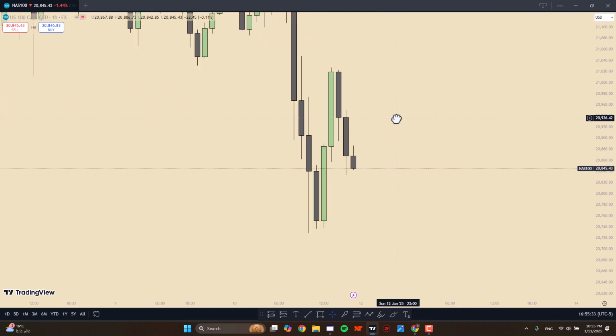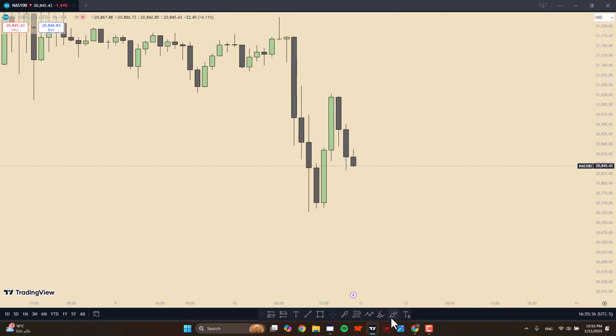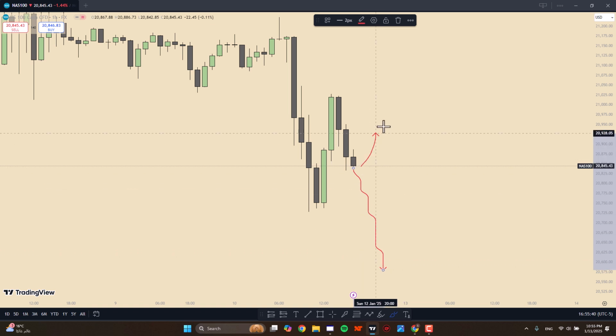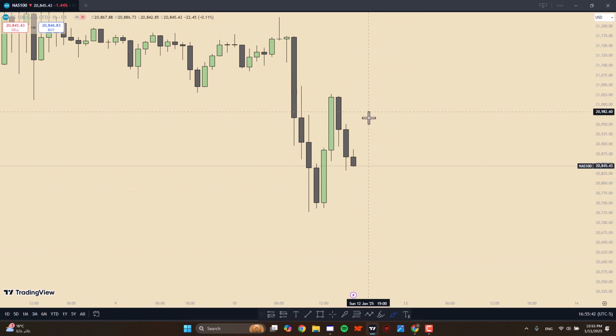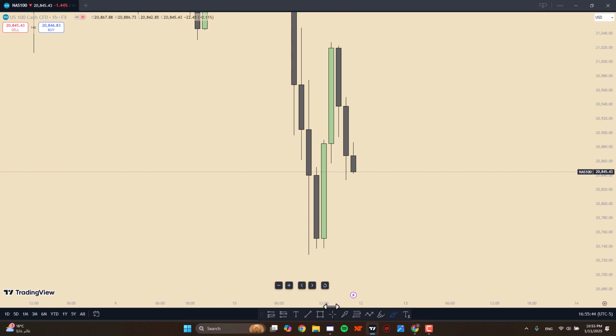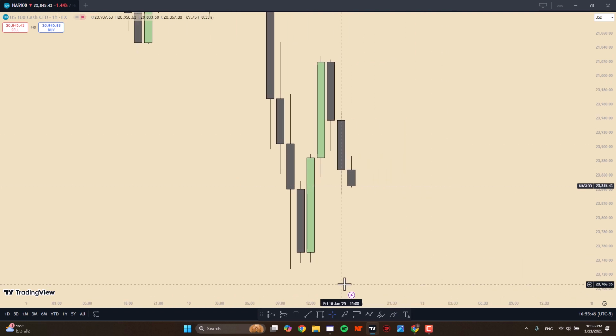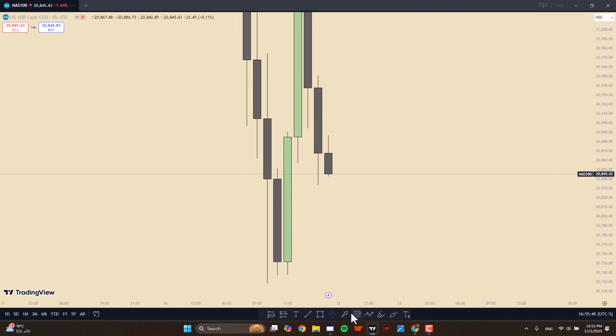From here, I'm not looking at whether price wants to continue here or go to here. No, this is not the idea. I want to look for the low hanging fruit. Is price likely to trade to this low, or might it go to this high? So this high or this low.